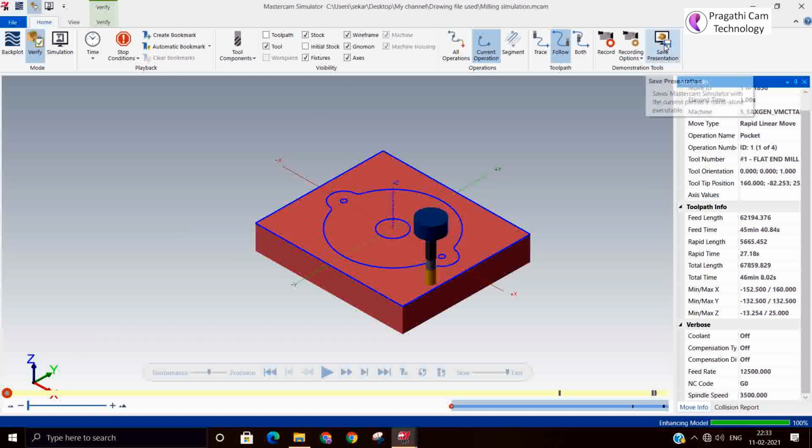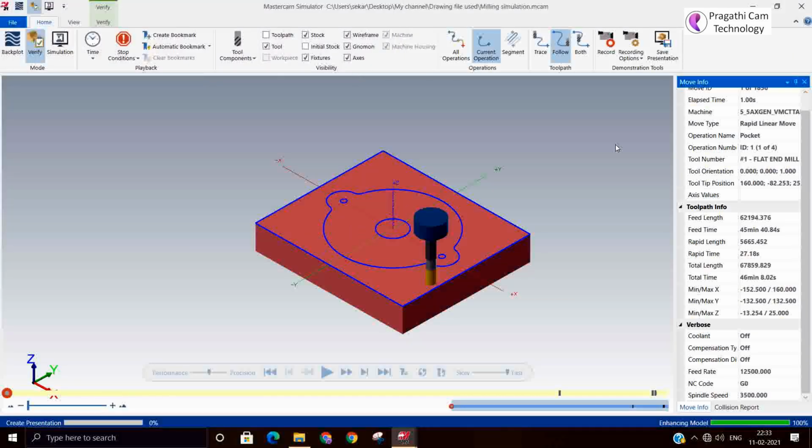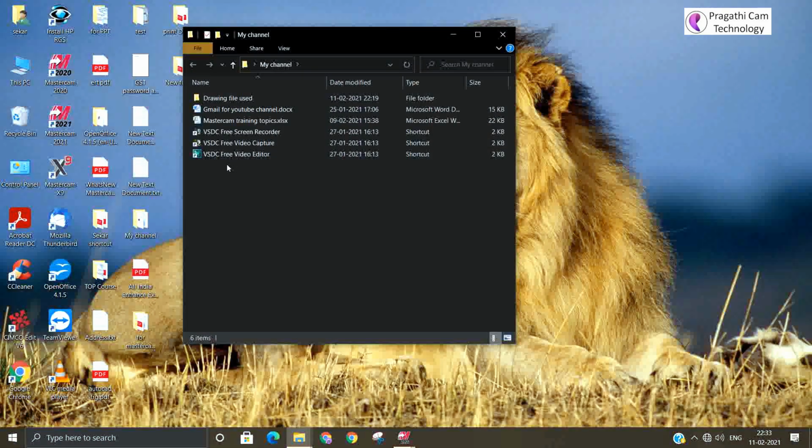I just press save as presentation. Same place I am saving it. So now, where is it? So this is the exe file.